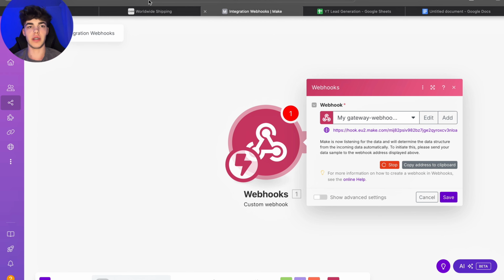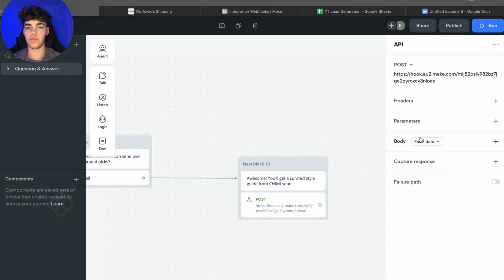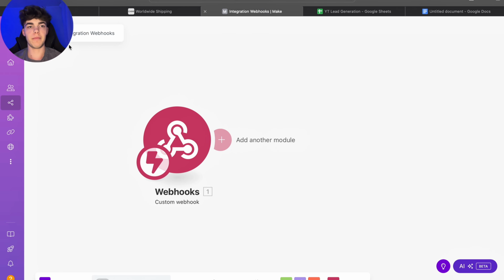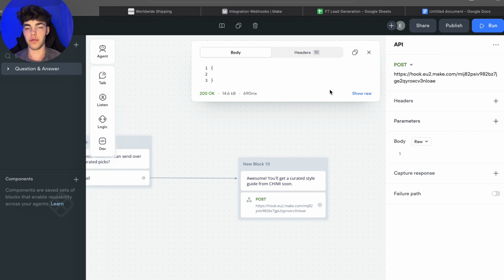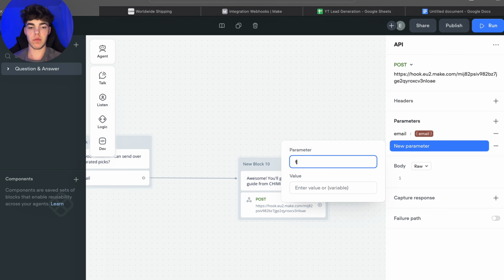Now we need to test it as it is waiting for us. We're gonna select here post as we want to post something to it. And let's see if it works. Okay, good. And now we're gonna send all the information to Make from parameters, enter email, value, email, add another, type